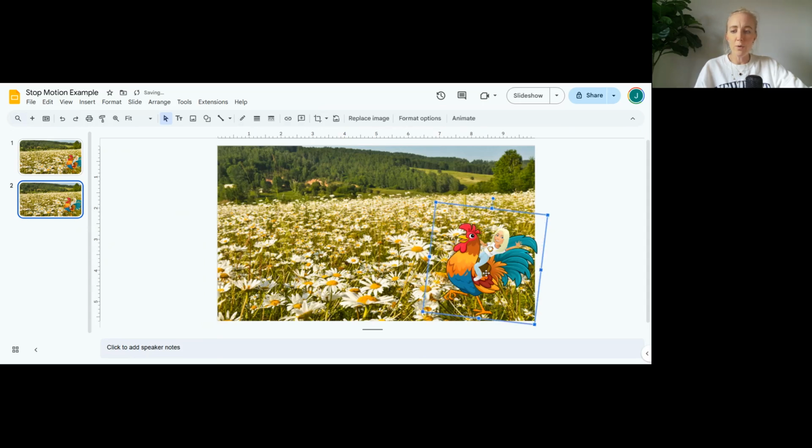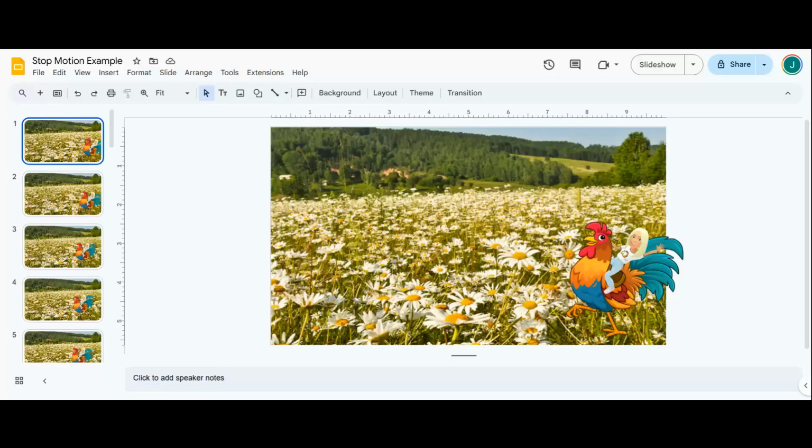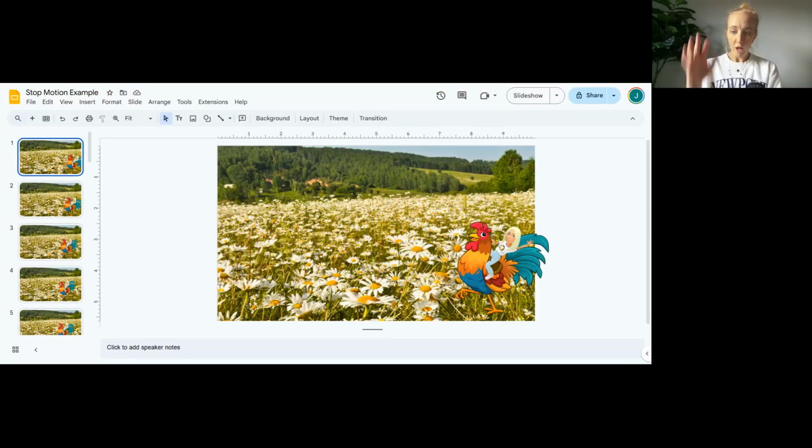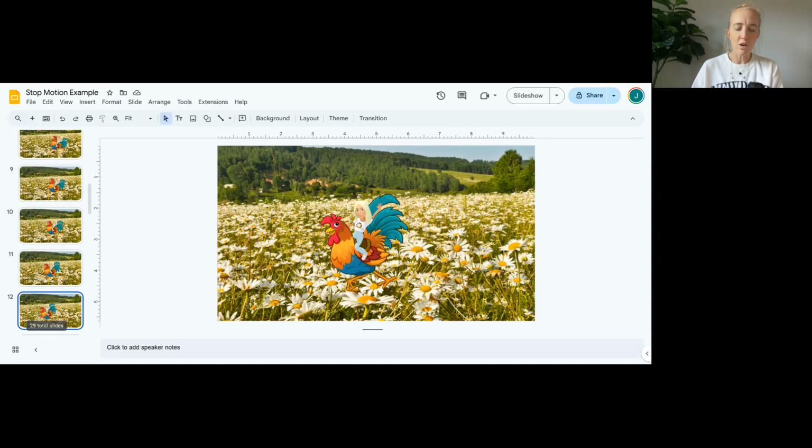If I was doing this, I just move it ever so slightly, and then I duplicate the slide again and move it ever so slightly. Maybe it even shrinks a tiny bit. Once you've gone through the duplicating, you can choose to be as detailed as you want in this. The best way to preview what it's going to look like is frankly to click on this left sidebar and click through it and see what it's going to look like. Oh, there I am walking,